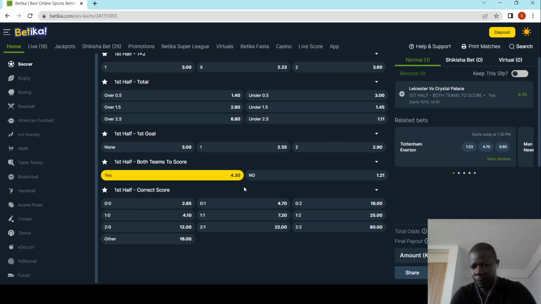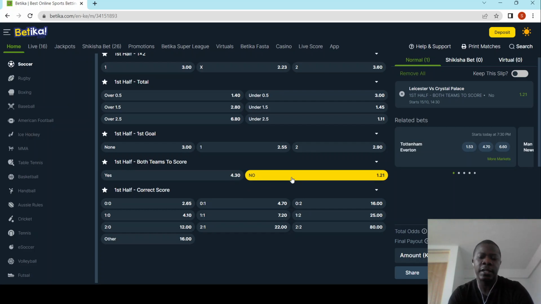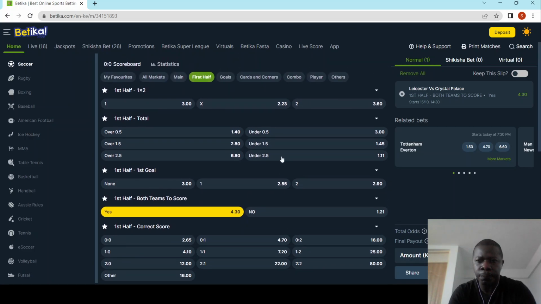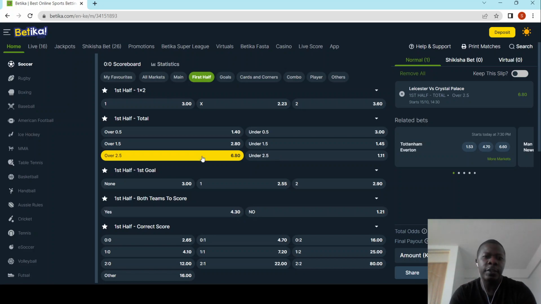This is an English Premier League which is very competitive, and you realize saying no, that they might end the first half in a draw, has a very small odd than this. The same way, if you come to goals here, saying that first half will end in over 2.5, that is 3 goals and above, has an odd of 6.80, meaning it's very difficult to predict that. So they give you higher odds, and this means if you are a real gambler and you place on this,